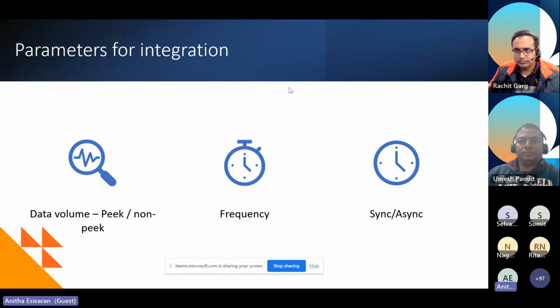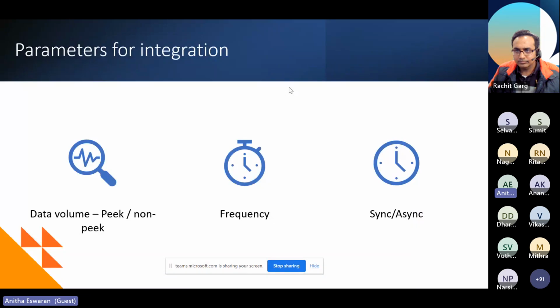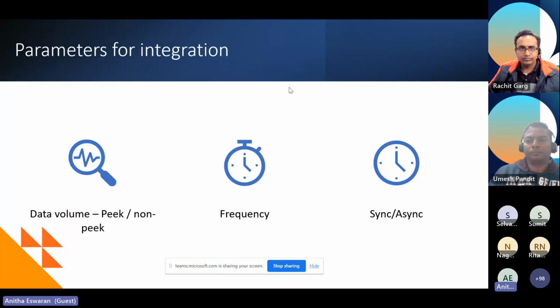One is data volume. When it is integration, obviously data would flow out of and into F&O. So you need to first find what the data volume is for your integration, whether it is minimal, medium, or voluminous, because based on this only you will decide the integration pattern. Some of the patterns will not support voluminous data. So this is one of the key factors where you need to get a handle on data volume, and also make sure that you get some idea on the peak and non-peak hours volume, because at times